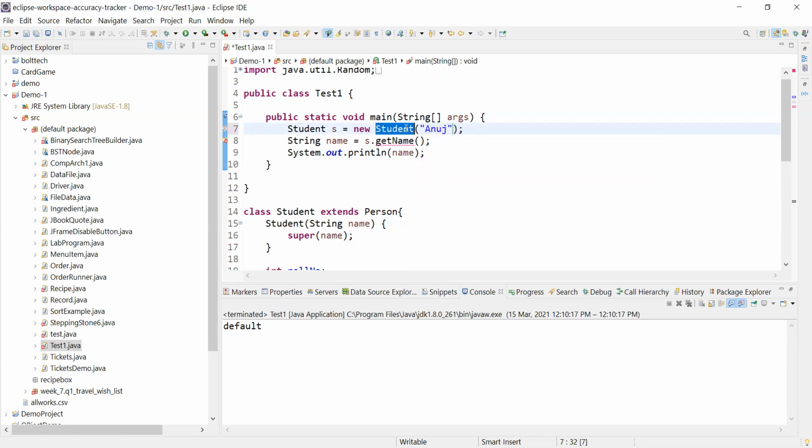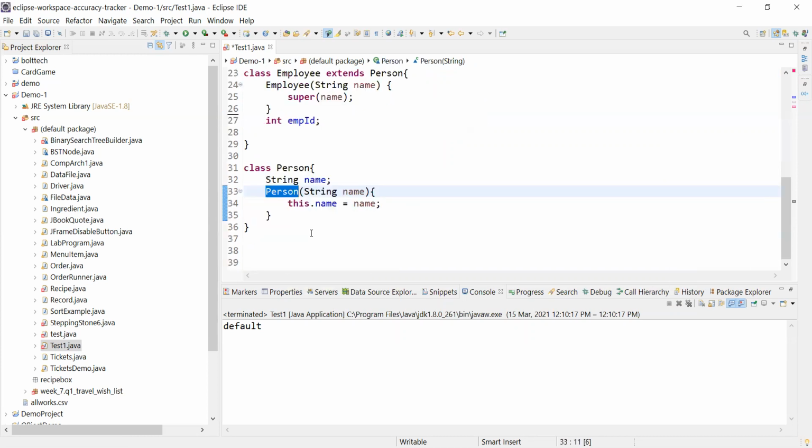Now when I say student, it will go to the body of the student constructor, and inside this we can say it is calling super, meaning the parent constructor. So it will go here and create this person object first. Yes, when we build an object of the child class, first it will build the parent class object so that it can be available inside the child.